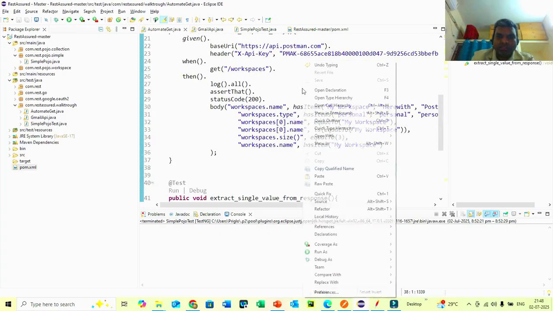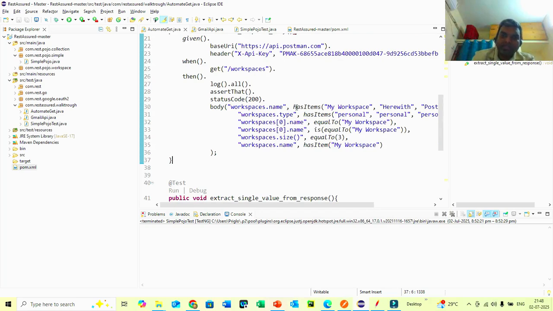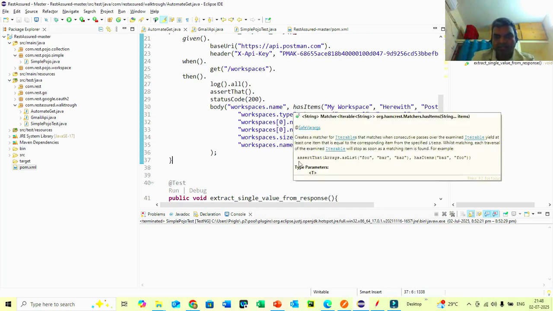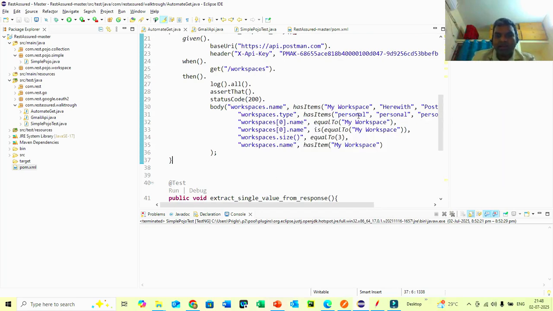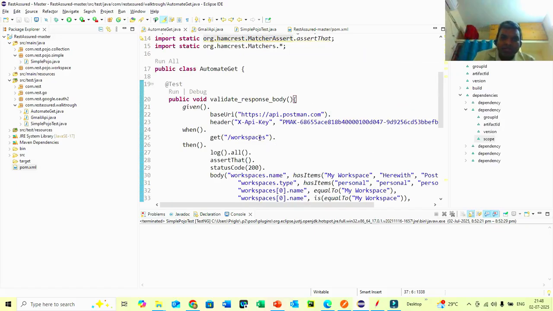If we execute this, you see these are all the Hamcrest assertions: how many items are there or not, the workspace type, personal, equal to 3, the size of the array, and whether the workspace item is there or not. So if we execute both these methods in TestNG,